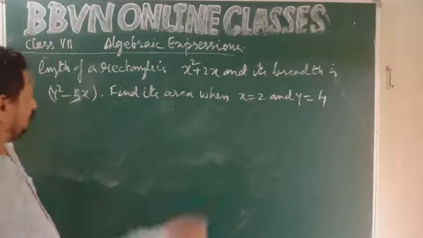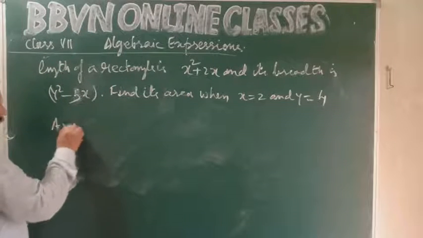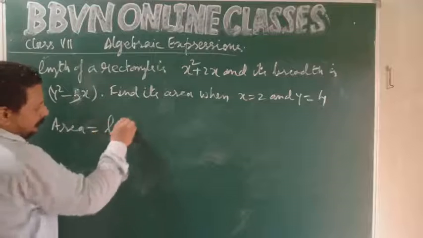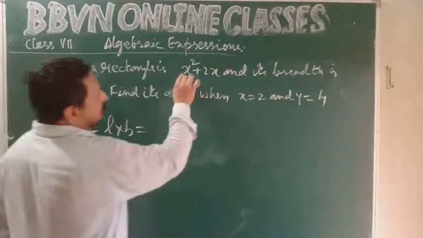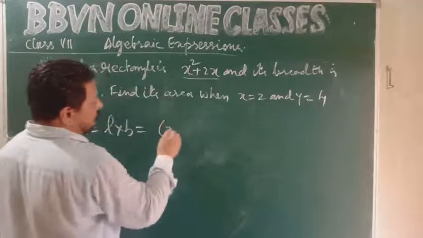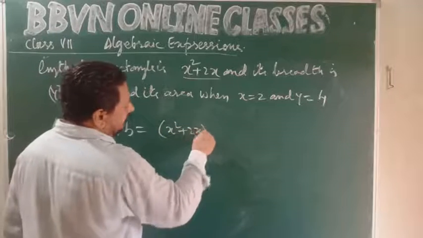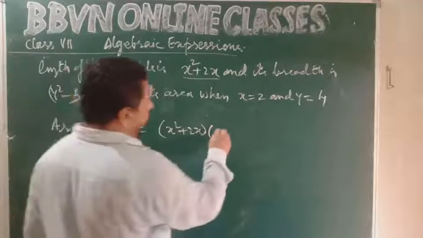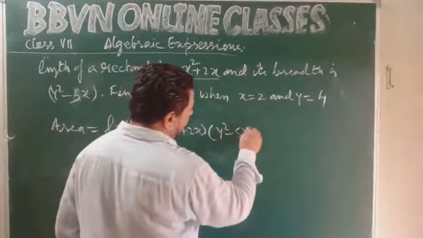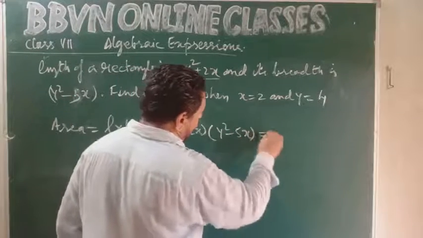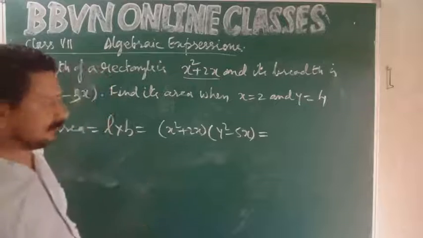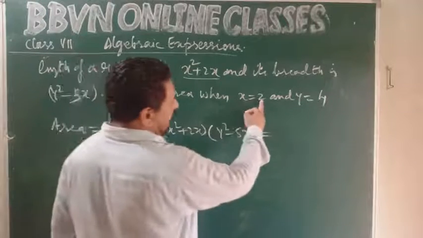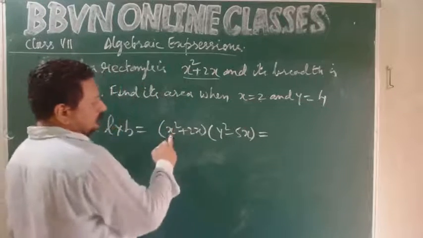Right? So we know that area of a rectangle is L into B. Length is in terms of an algebraic expression x square plus 2x multiplied by breadth. What is breadth? Y square minus 5y. Y square minus 5x, sorry. Substitute the values of x and y. What is x? X equal to 2. So 2 square